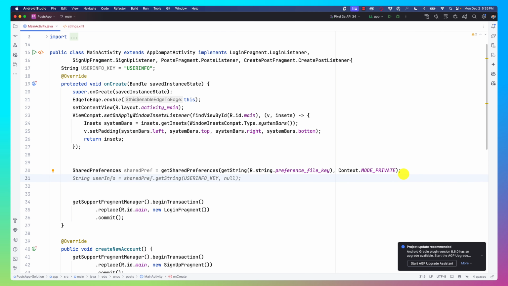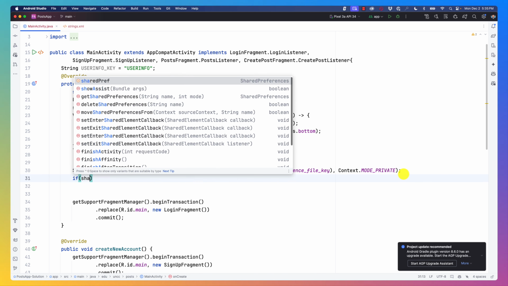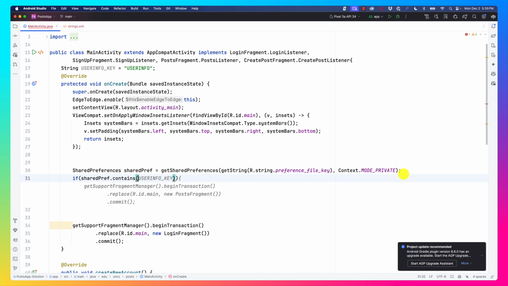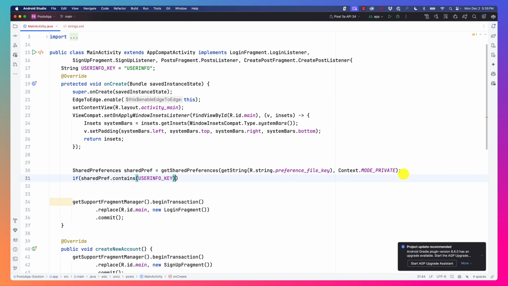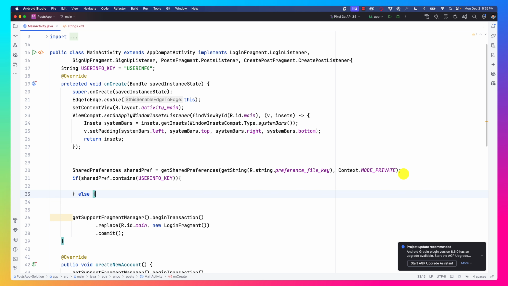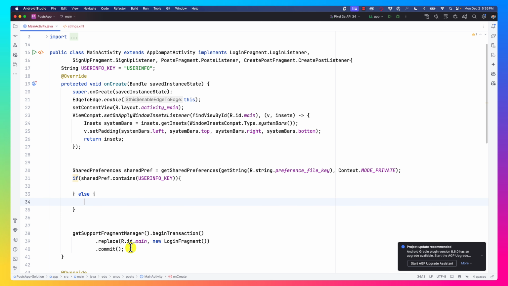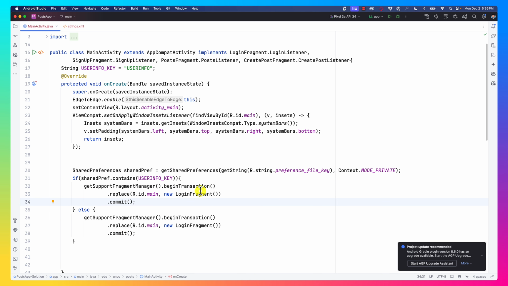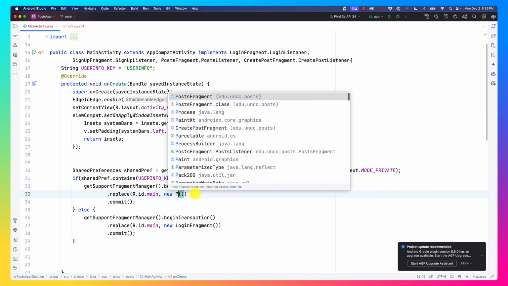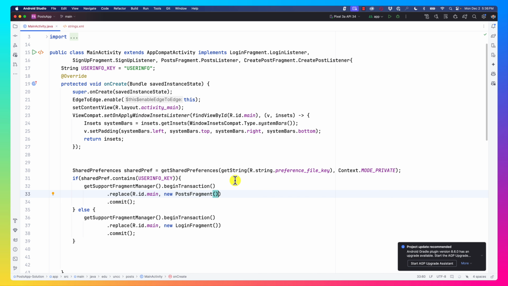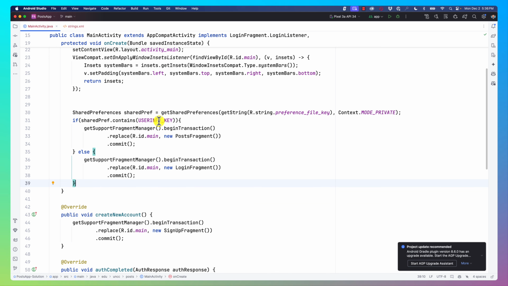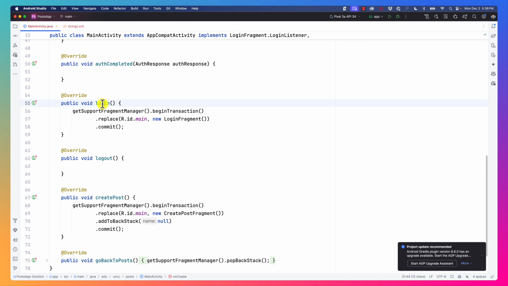Now I can check to see if shared preferences dot contains user info key. This means you're logged in, else you're not logged in. So if it contains it, then we go somewhere. Otherwise, we go to the posts fragment, right? So either it contains it or it doesn't. Now what we're going to do is store it. So if you scroll down a little bit, after you're logged in successfully,